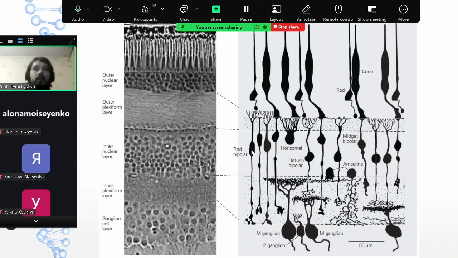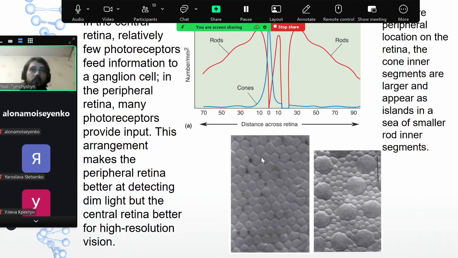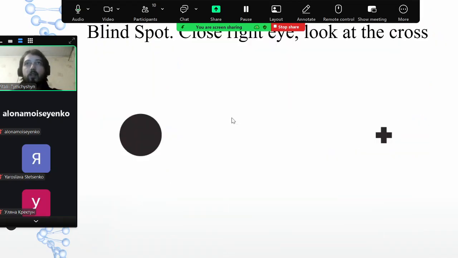It may sound a little bit strange, because you may tell me, well, if I close one eye, there is no blind spot. I'm looking and nothing is missing. But actually it is there, because our brain is performing a lot of different processing. And here is an example for you. So let me check it for myself. Yeah.